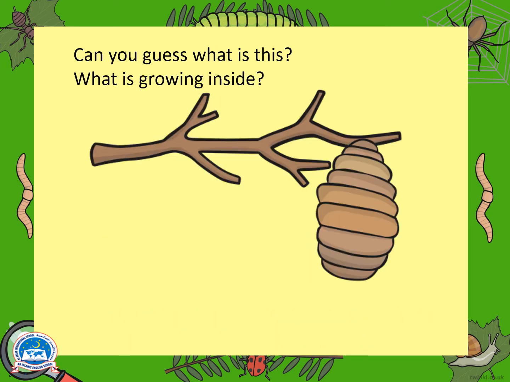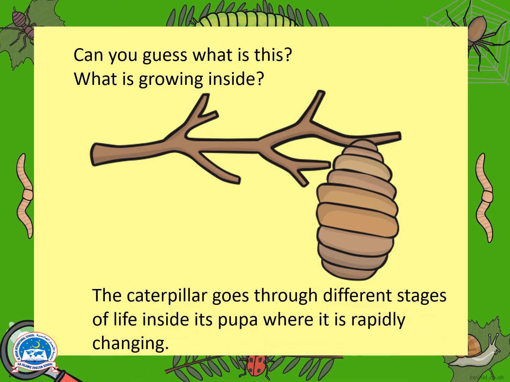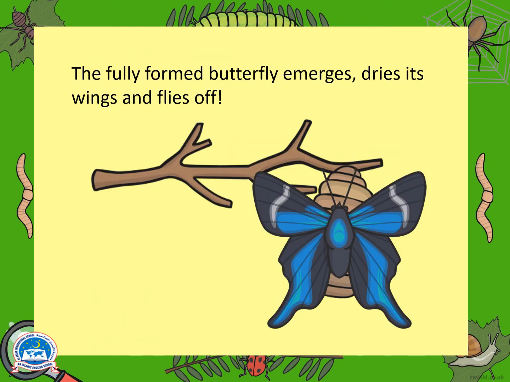Can you guess what this is? What is growing inside it? Yes, the same caterpillar has now turned into this. This is called chrysalis or pupa. The caterpillar goes through different stages of its life and it keeps on changing very fast. This is a fully formed butterfly that comes out of that pupa, and it waits and dries its wings once it's out of the pupa,